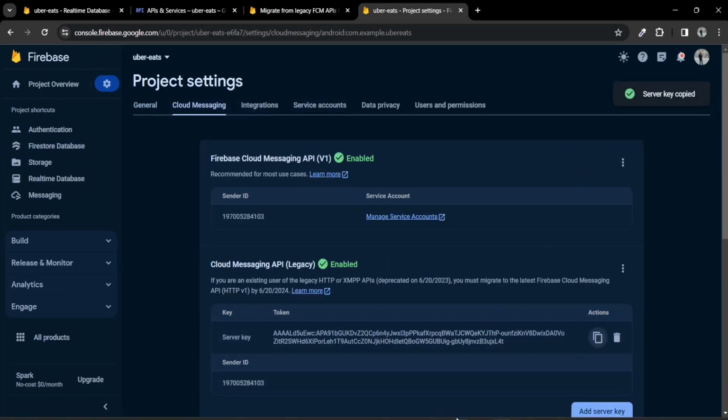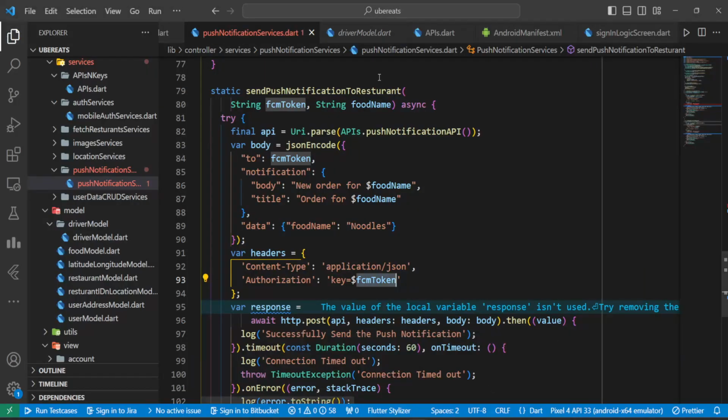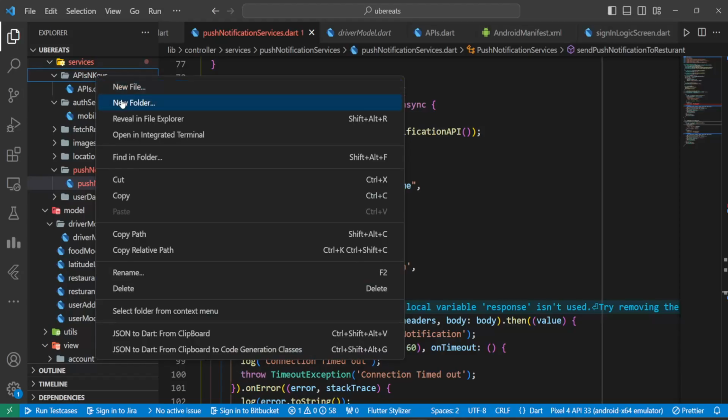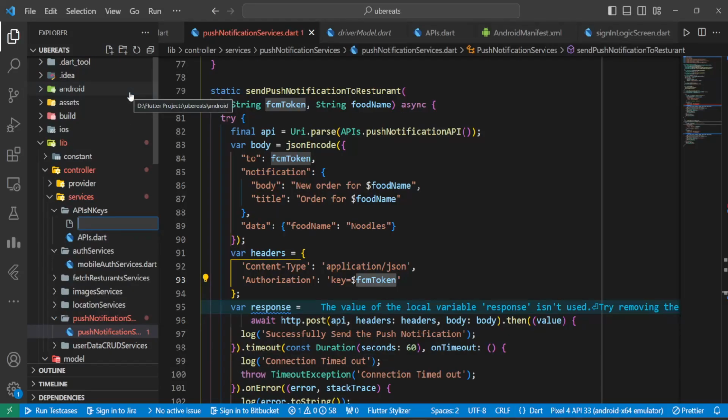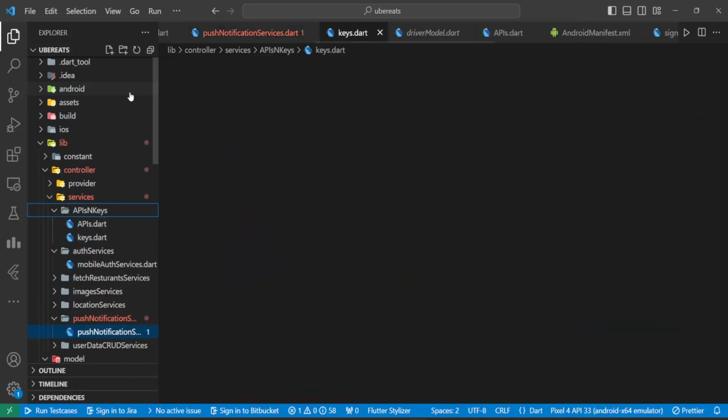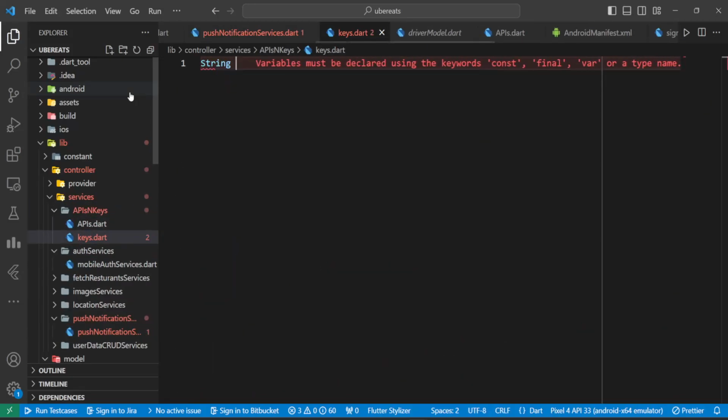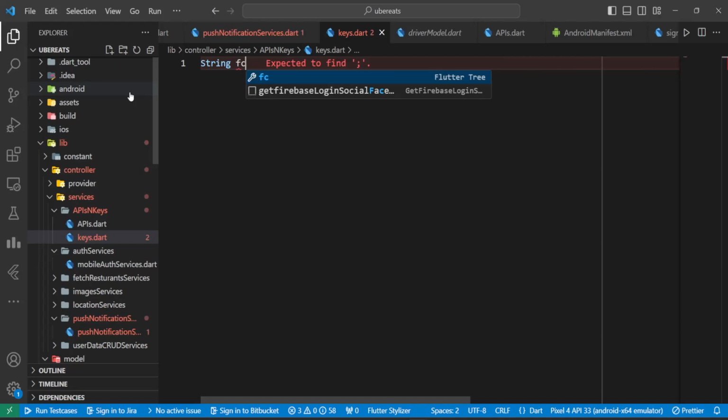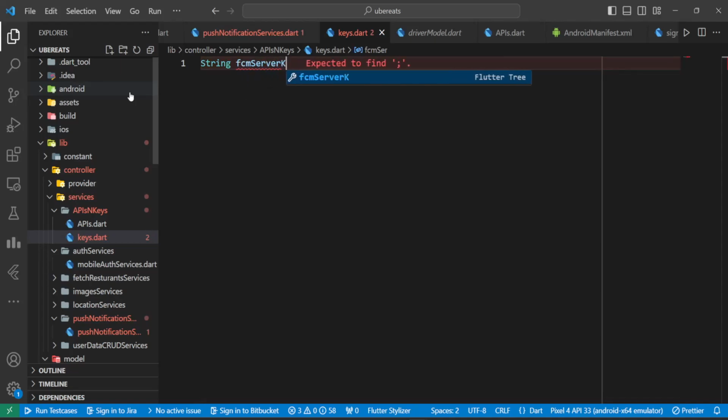We will copy this server key, come back to our project, that is Uber Eats, and here we have this folder APIs and keys, and here we will create a new file, keys.dart. We'll go with the string FCM server key equals